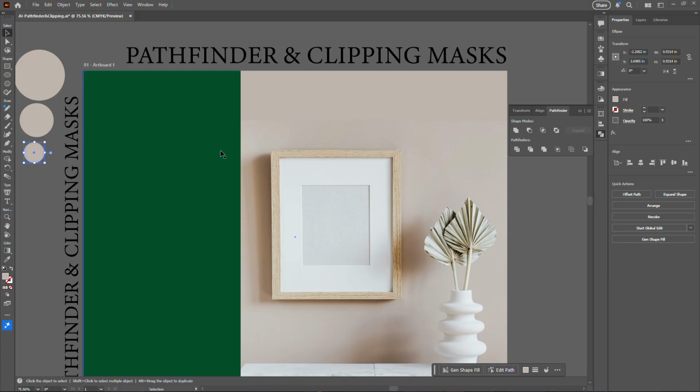Today we are in Adobe Illustrator and we're going to be talking about the Pathfinder and clipping masks. If you're a senior designer, you probably know these tools pretty well. If you're new, this is for you. They're a great set of tools for achieving different design tasks, and we're going to go over a couple of